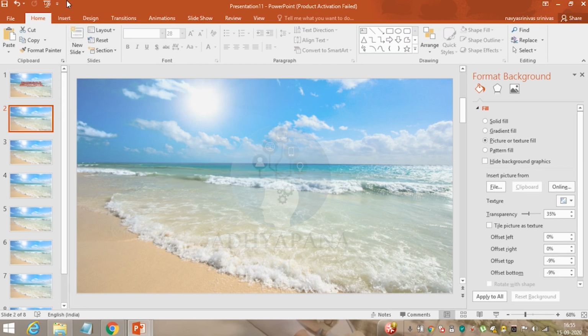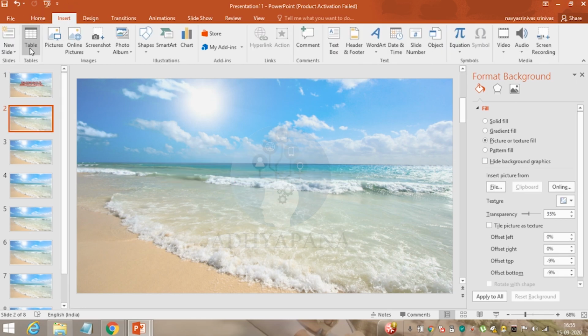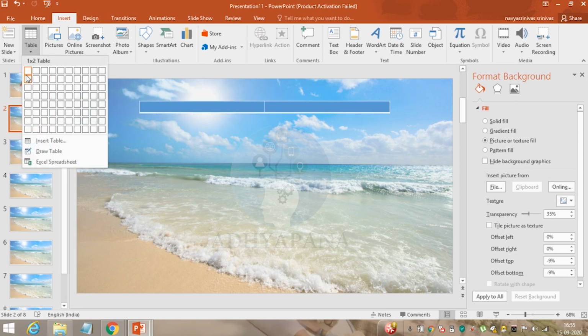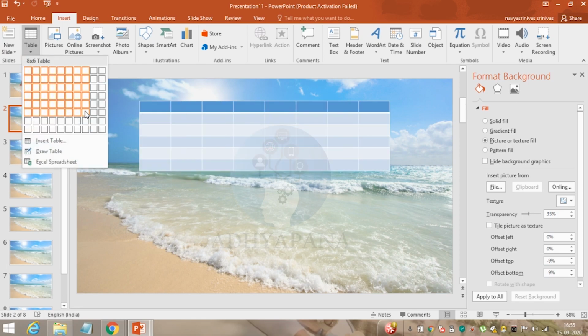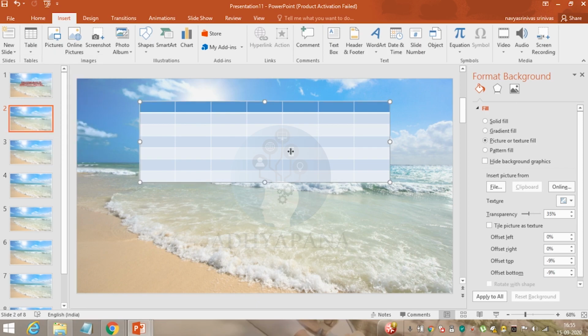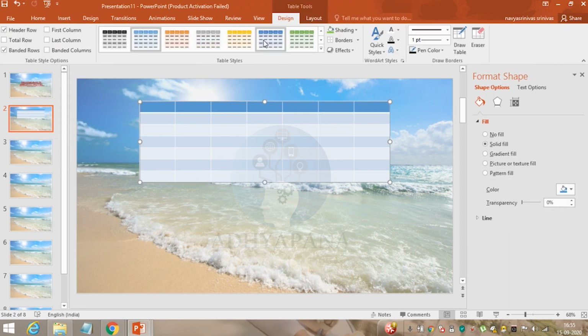Now I'll go for insert. You can also insert the table. You can also select the table 5 into 3 or 6 into 5 or 8 into 6 or 9 into 6 or whichever table or whichever size you want. I'll just go with 7 into 7. Now we have so many options for color filling. I'll go for this color.